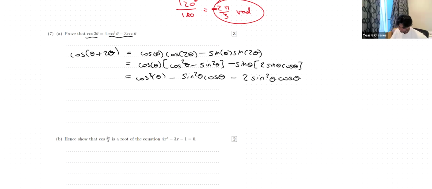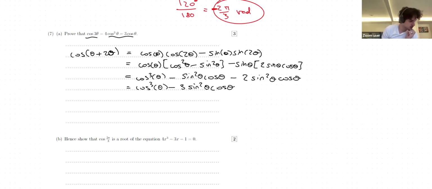And then just canceling the terms, so that's cos cubed theta minus 3 sine squared theta cos theta. Then we're trying to get